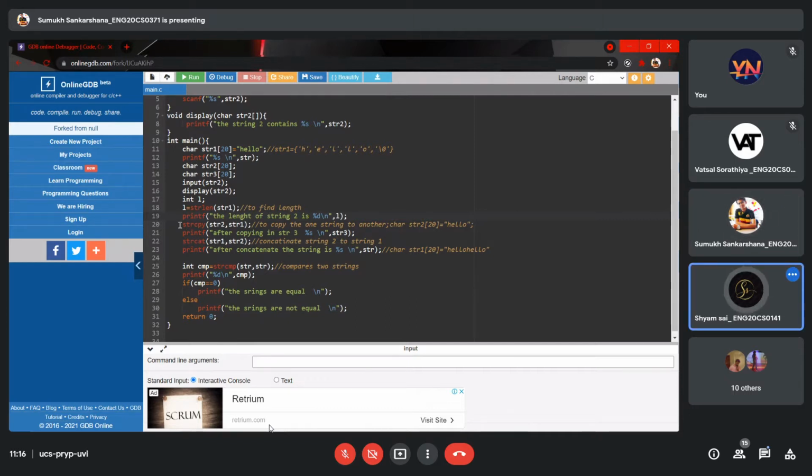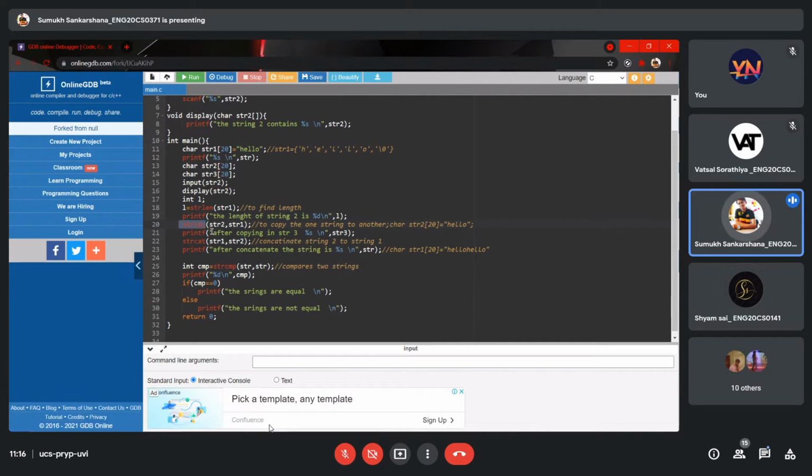What I said, strcpy is the basic function for string copy. Using the name, what do you think string copy does? It basically does the same thing as when you copy one guy's code and paste it in yours.